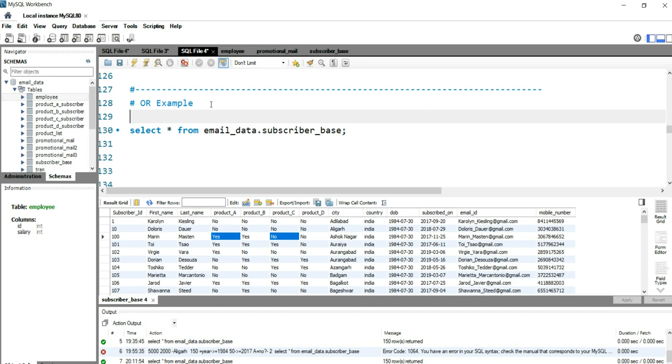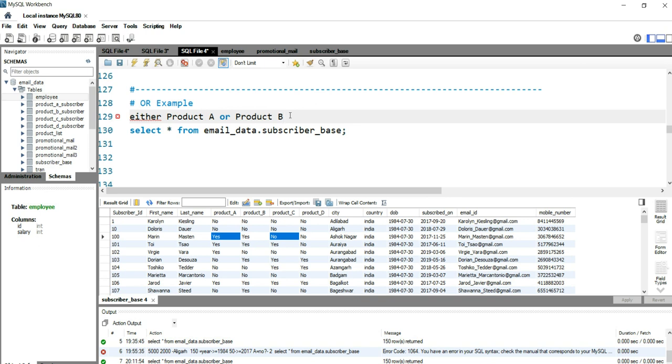So the problem would be something like this: we want the list of all subscribers who have either product A or product B. When I'm saying either product A or product B, this means that if I am that subscriber, then my name will only be in the result set if I have taken product A or product B. So suppose I have taken product B and I have not used product A, then my name should be in that list.